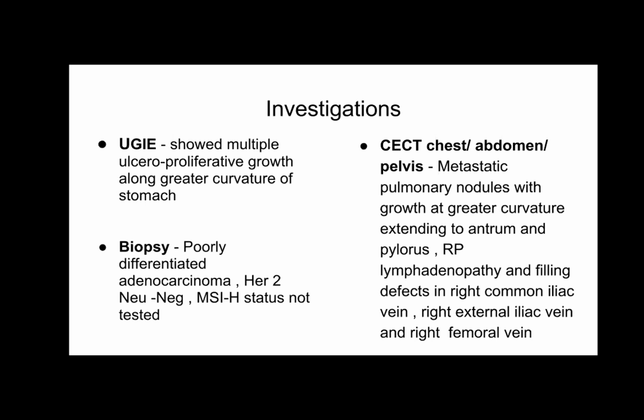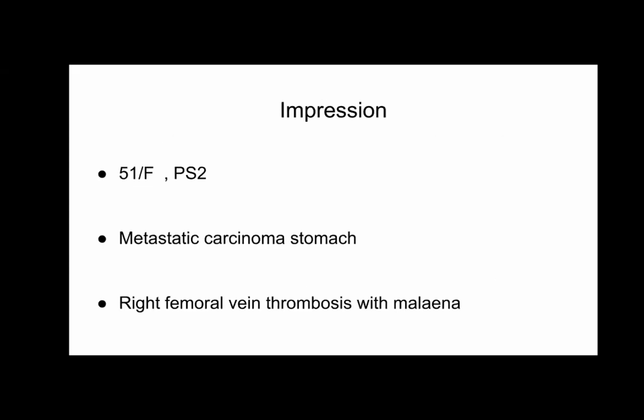HER2 was negative. MSI was not tested. A subsequent CT revealed metastatic pulmonary nodules with growth at the greater curvature extending to the antrum and pylorus, RPA lymphadenopathy, and filling defects in the right common iliac vein, external iliac vein, and the right femoral vein. So impression is a 51-year-old lady with an ECOG PS of 2, metastatic carcinoma stomach and right femoral vein thrombosis with tumor bleed and malign